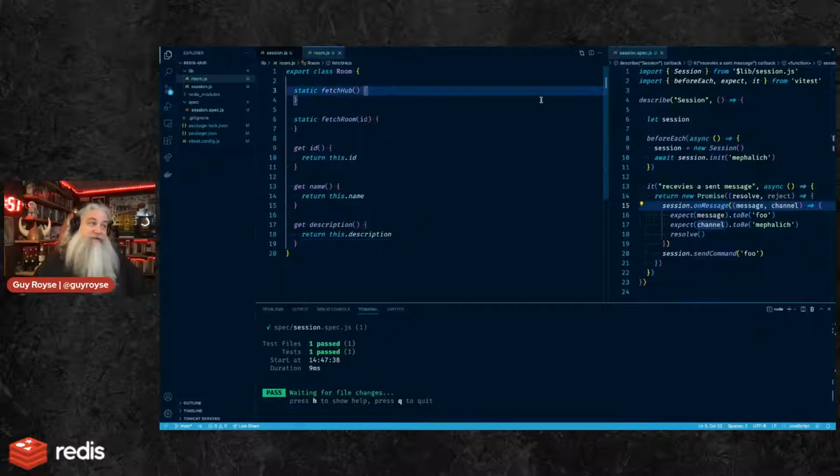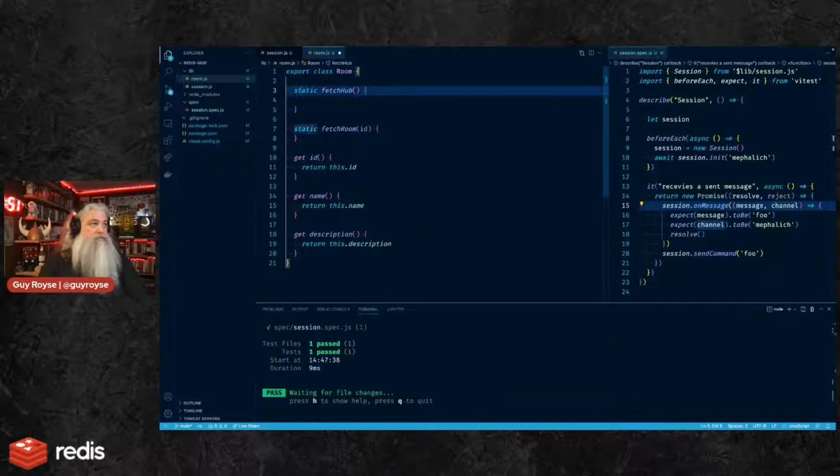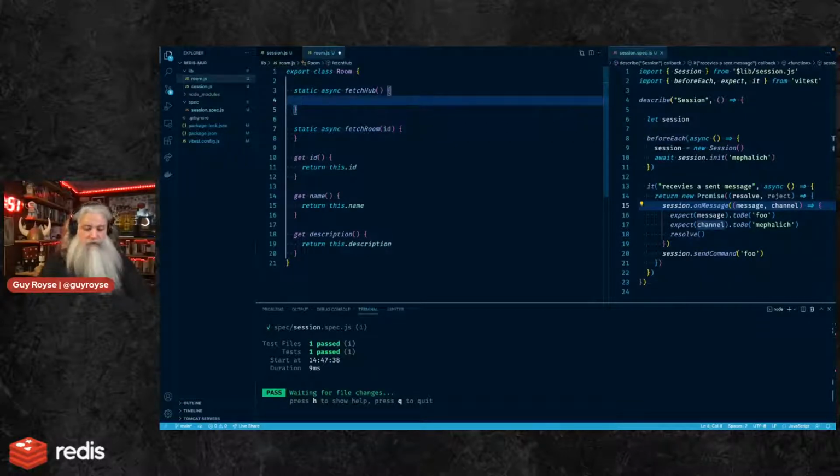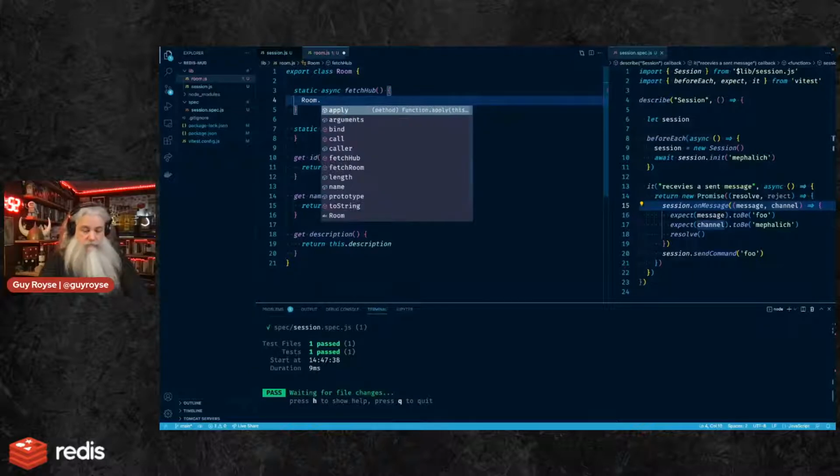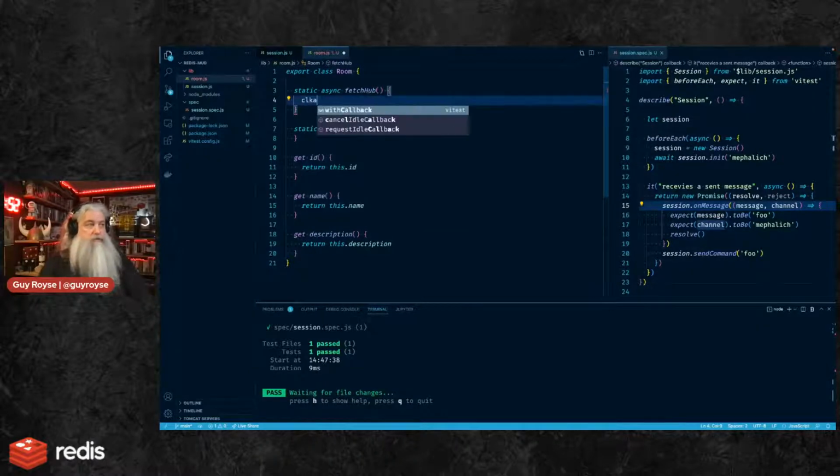And then what we need to do is fetchHub is just a call to, and these need to be async, just going to say Room.fetch, I say class.fetch, or am I thinking like a Java developer?